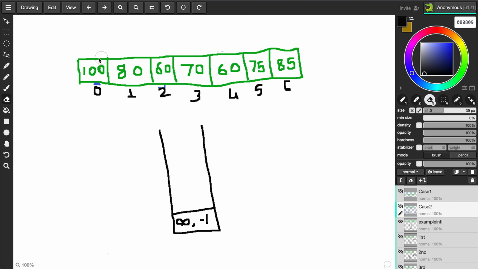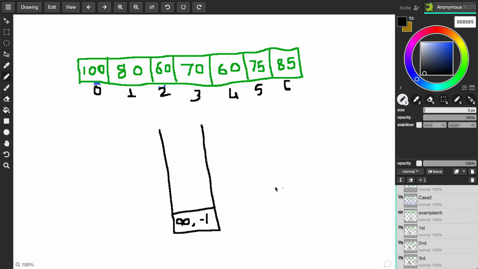For each element we are going to compare it with the top element of the stack. If the current value is smaller than the top element, then we can simply push it on the stack and compare the indexes and subtract them for the result. But if the current value is bigger than the value on the top, then we'll need to keep popping out the elements until we see a value which is bigger than this one. So let's run through our example and see how we can do this.